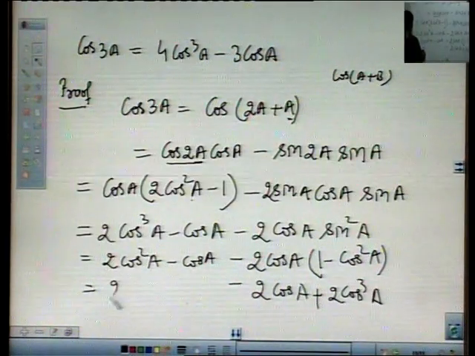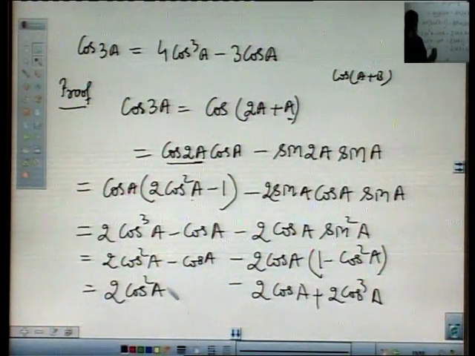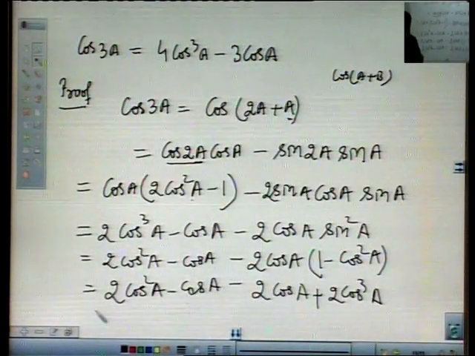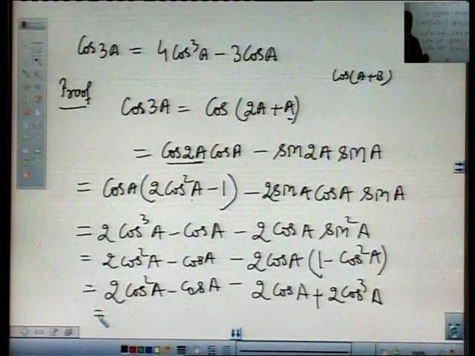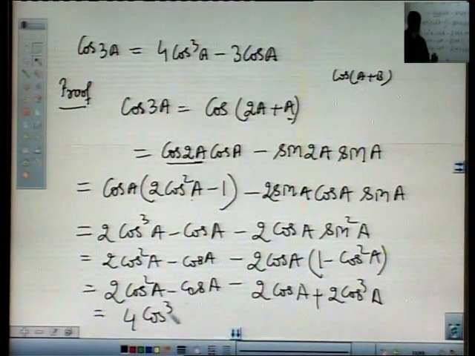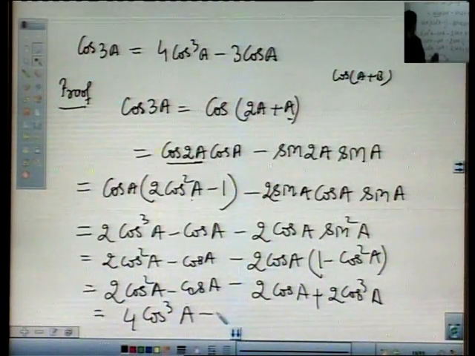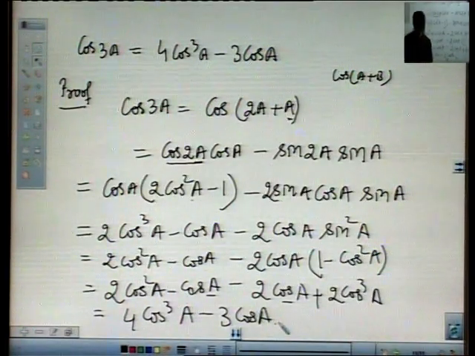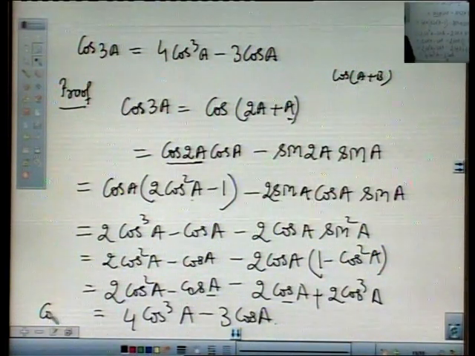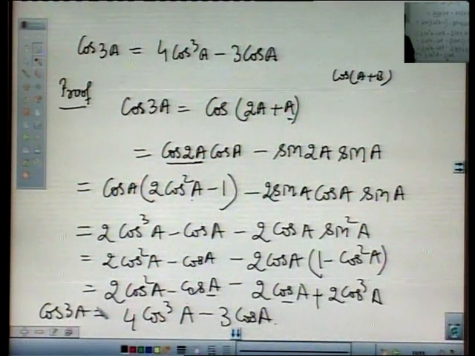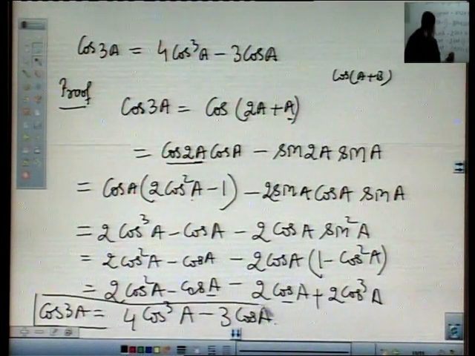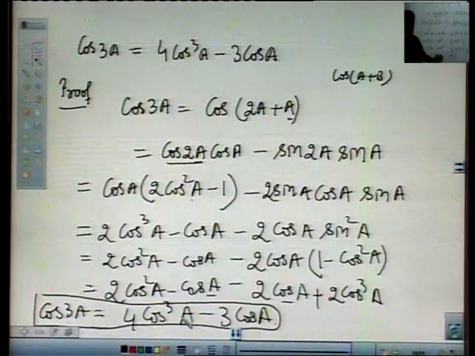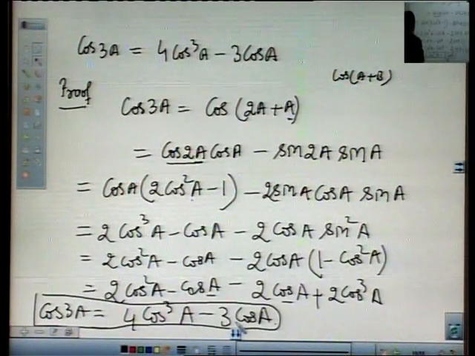Here also 2 cos square A minus cos A. Now by simplifying we get 4 cos cube A minus 3 cos A. So we have proved the formula of cos 3A. Cos 3A is equal to 4 cos cube A minus 3 cos A. Now next,